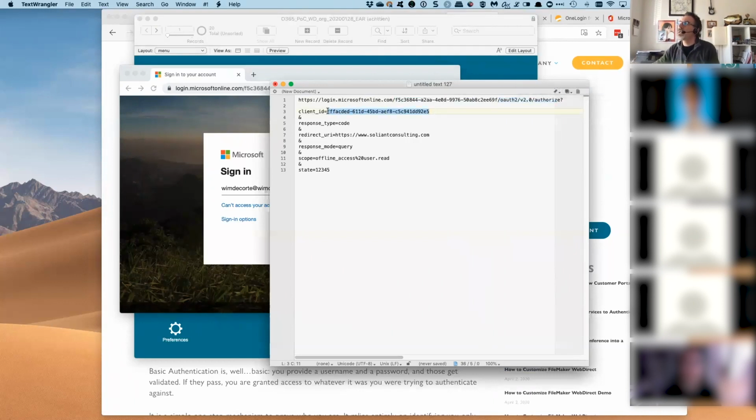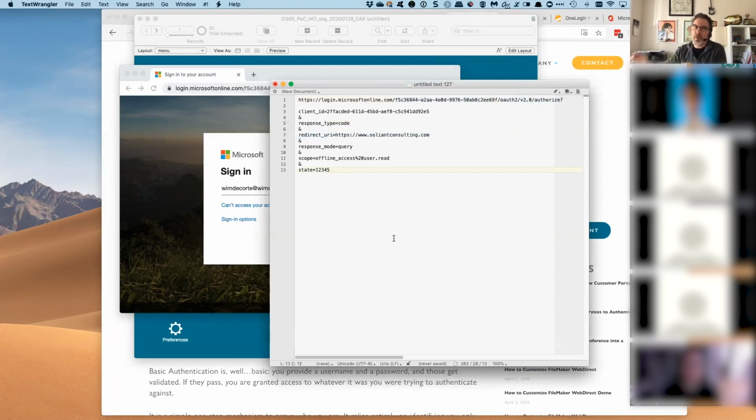The client ID is the application that I created on the Azure AD side, and I'll show you that in a sec. I'm telling Microsoft the response type that I expect is a code, right? Because there are different flows with OAuth. We are using the authorization code flow, which is the default one. So no need to get too deep into that, but we have to specify what flow we're using, which is give me a code back. Now,